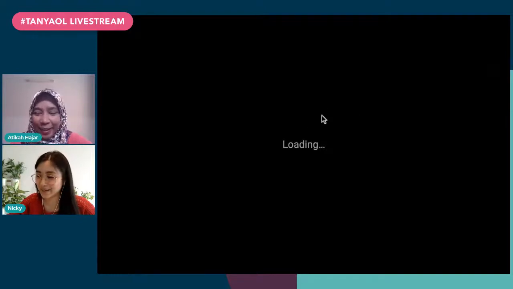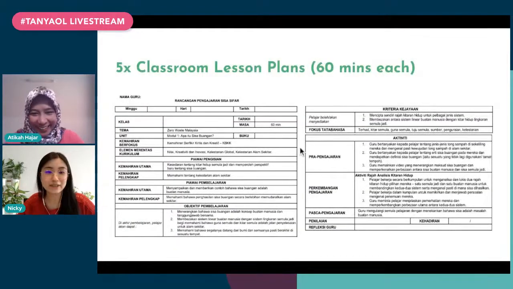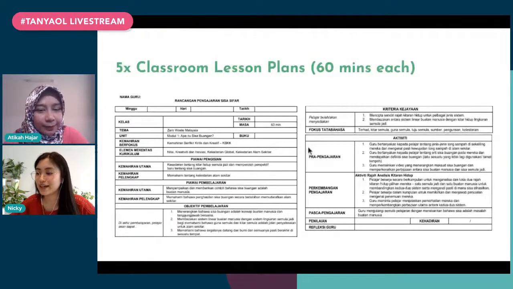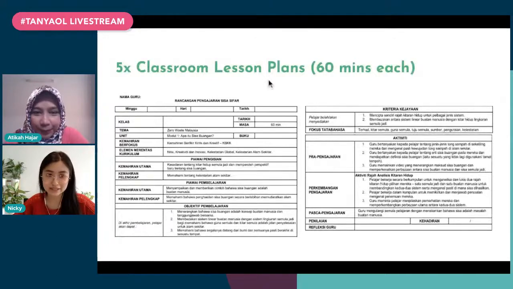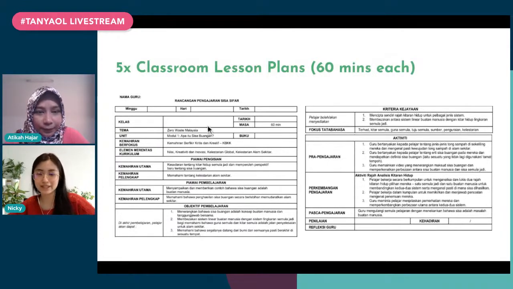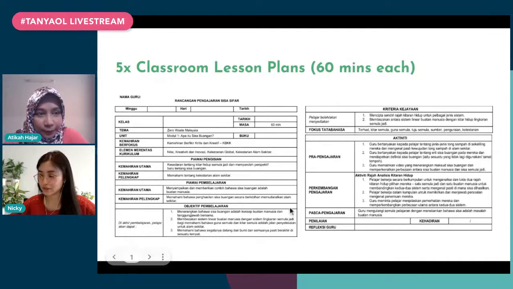Yeah. I remember the days of being a teacher trainer and having to do this, putting together a lesson plan, right? This is exactly what it looks like in a teacher's logbook in a Malaysian school. That's what we were going for in the beginning, when we didn't even think about online courses. We had these 5 lesson plans that could be used in classrooms, about 60 minutes each. They gave you what to do before the lesson, during the lesson, after the lesson, and the resources you can use.